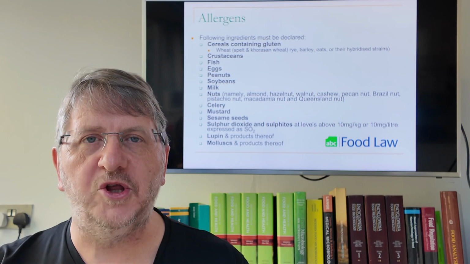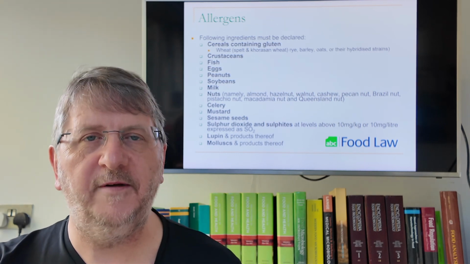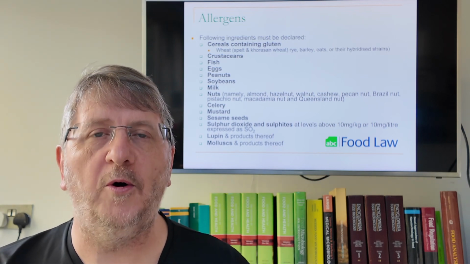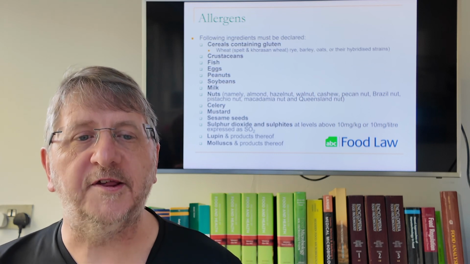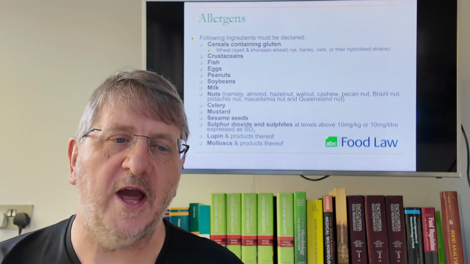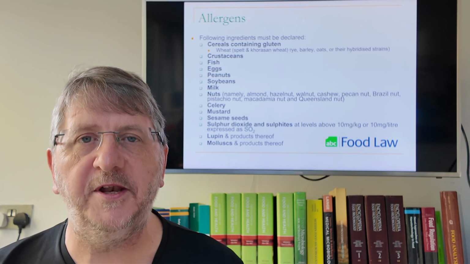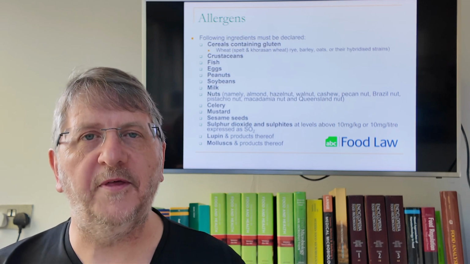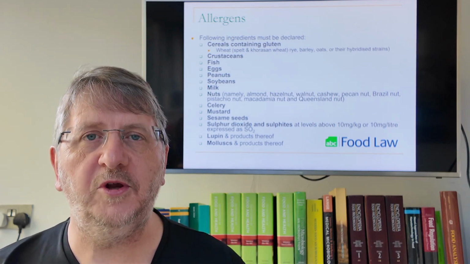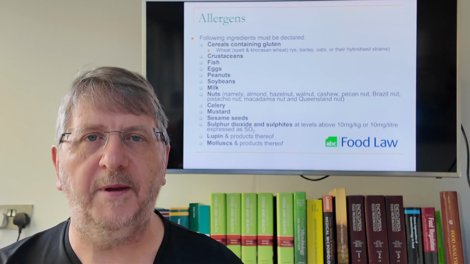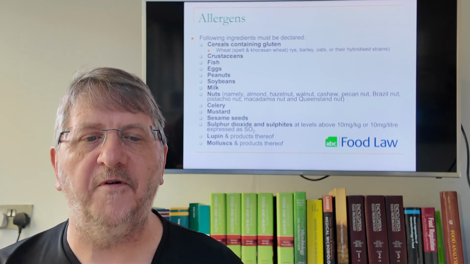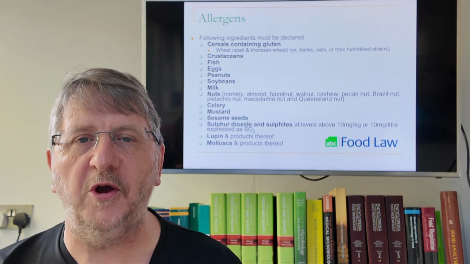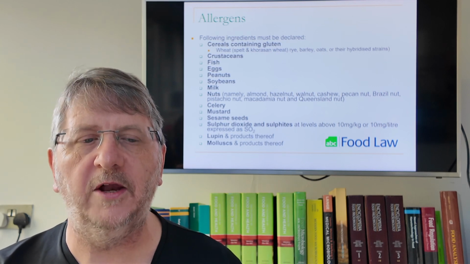In terms of allergens, which is the next requirement, but it links into the previous one, there are 14 allergens that are listed in law that must be declared on a food label. And these are cereals containing gluten, crustaceans, fish, eggs, peanuts, soybeans, milk, nuts, and the nuts are different from peanuts. Remember, peanuts are ground nuts, where the other nuts mentioned are tree nuts. So you don't just use the generic term nuts ever for peanuts, they are separate. And the nuts are specified in law: hazelnuts, walnuts, cashews, and so forth. We have celery, we have mustard, sesame seeds, sulfur dioxide, but only at levels above 10 milligrams per kilogram, lupins